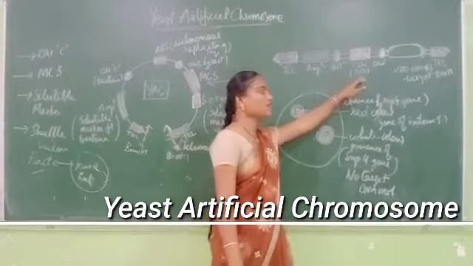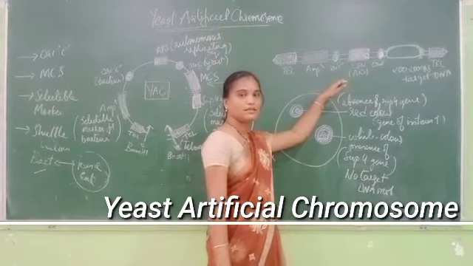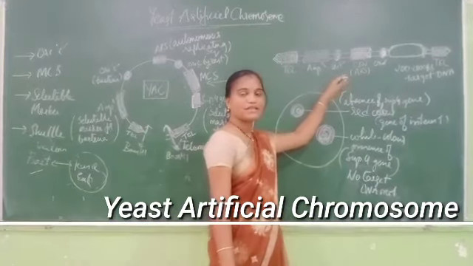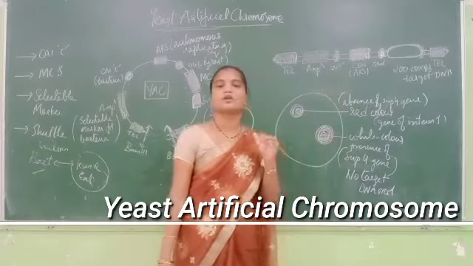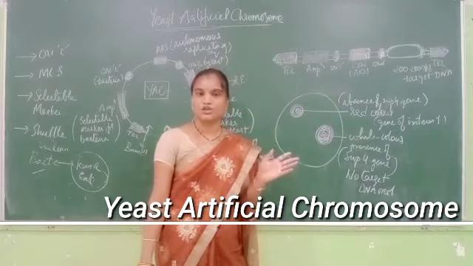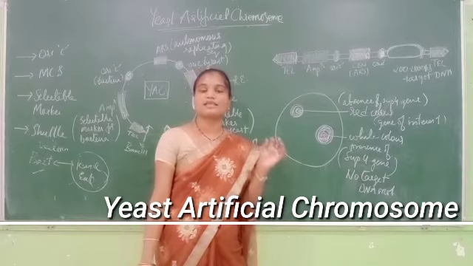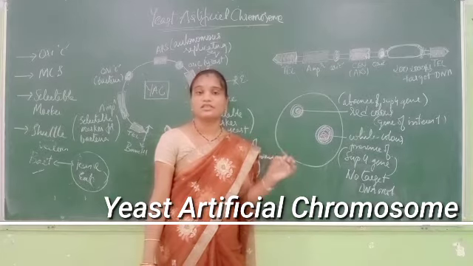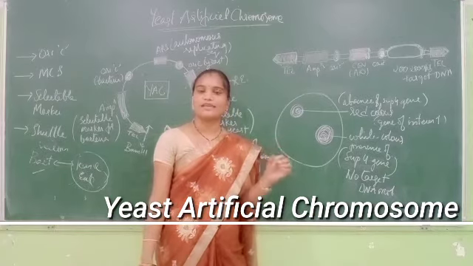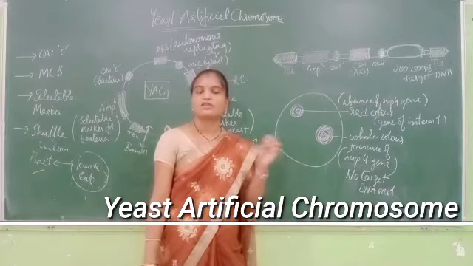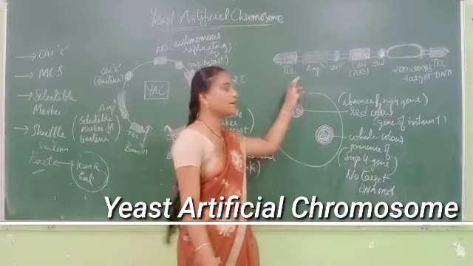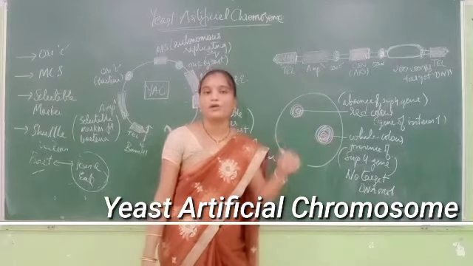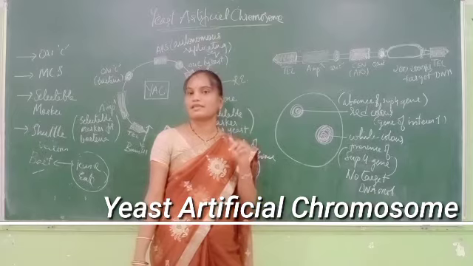So after insertion of your target DNA molecule in your YAC, then it should easily get transformed into your host organism. So here the host organism is yeast. So for easy propagation, for easy transformation, as the yeast cell wall is very hard, this yeast cell should be treated for electroporation. So when it is treated with electric shock, the cell wall is opened and your target DNA molecule can easily be propagated in your host organism, that is yeast.